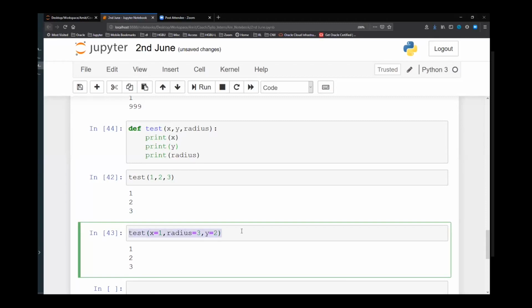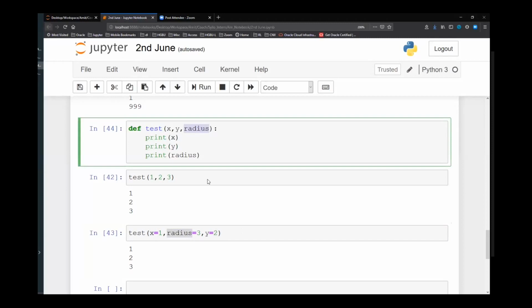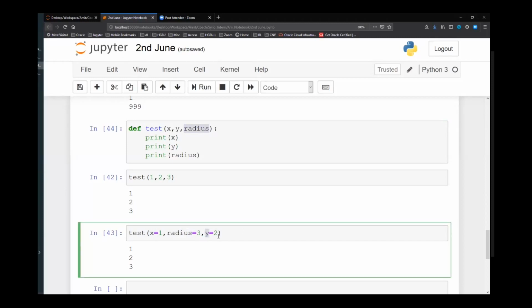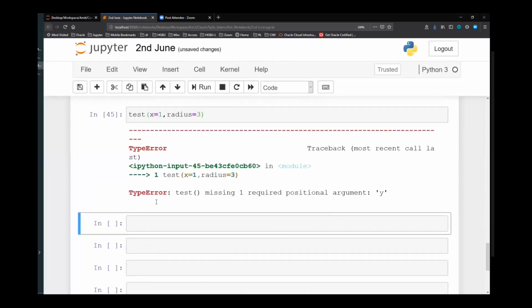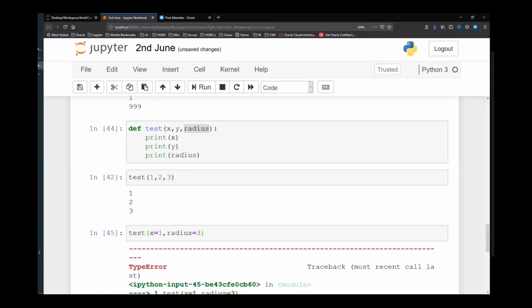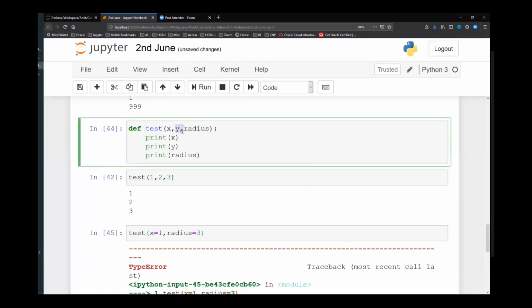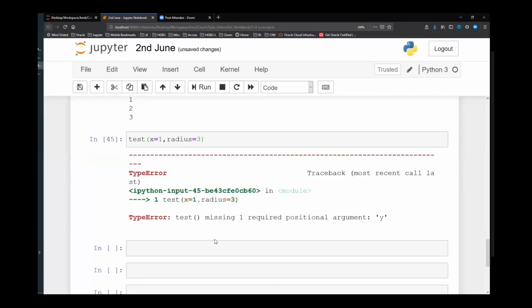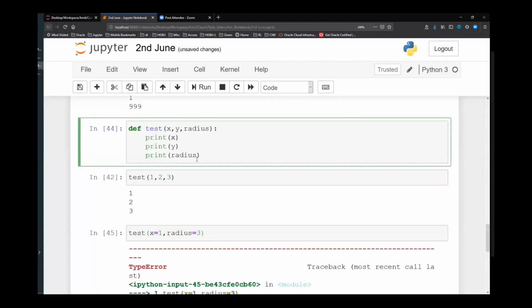This is keyword, like while calling the functions, when you are saying equals to value, that is what value you are passing for the variable radius in the function, variable y in the function. But if you do not pass this, this is still going to fail. The reason behind this is it requires even the y value unless and until you have defined it as a default value. Because you have not mentioned that y is a default value, it is going to fail. If you want to do that, you can write something like this: x, y, radius.